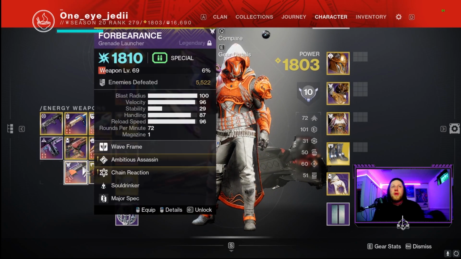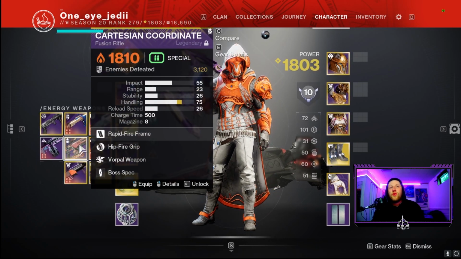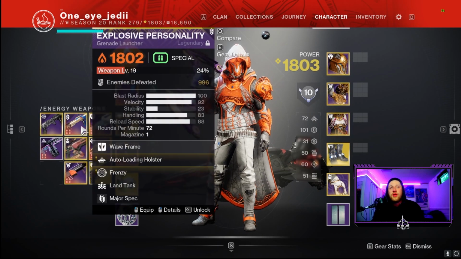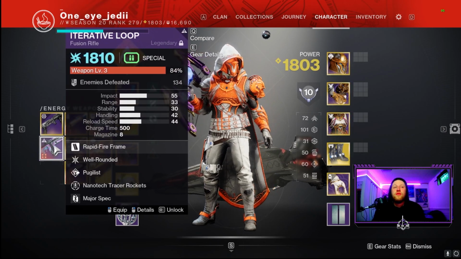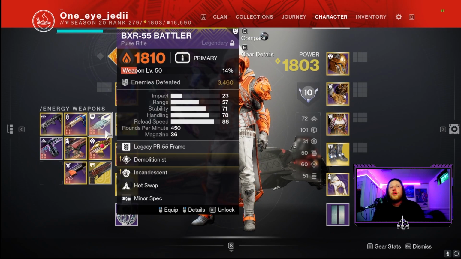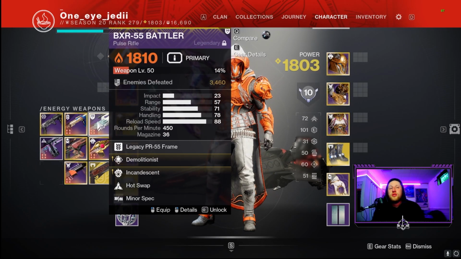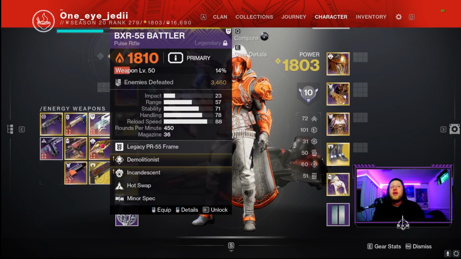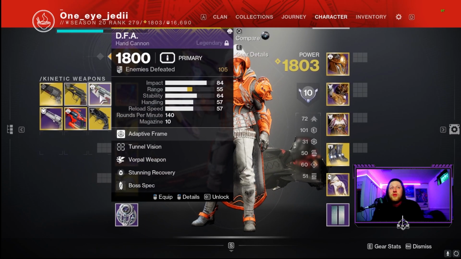Now, when we go to backup weapons, we have our typical Forbearance, Hollow Denial, Cartesian Coordinate, another with Vorpal on it right here. We have Explosive Personality, Harsh Language, and Iterative Loop. This will be nice for that arc synergy as that subclass as well. And then we do have a BXR Battler just on the character, just in case you need to put on a hand cannon in this to stun those barriers, something like that, because you're going to be doing DPS with